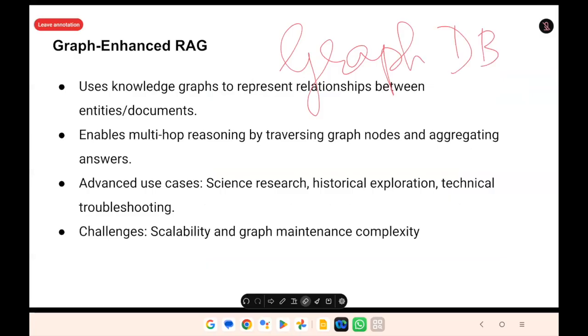Graph DB, in the sense that you have knowledge graphs. What happens in a knowledge graph is it is commonly used in recommender systems, like a job ID. It is connected to which location, what department. So I can easily imagine a graph out of it. This graph DB is so commonly used because everything cannot be stored as numbers. There is a graphical relation, and a graphical relation cannot be stored in numbers. You have nodes, you have entities, you have connections, but it can't be converted to numbers. That's where we have the graph DB in the picture.